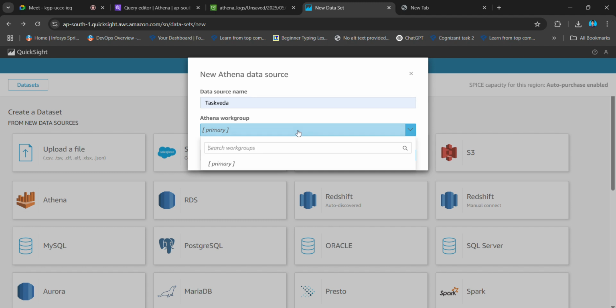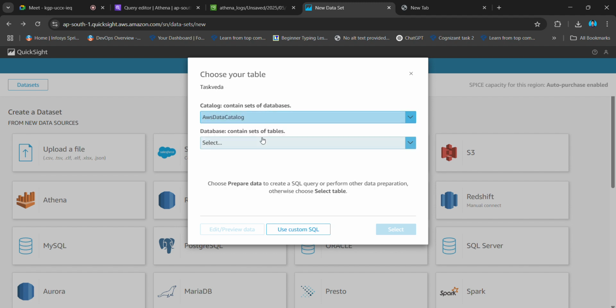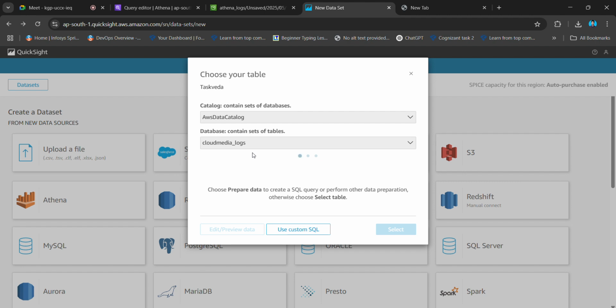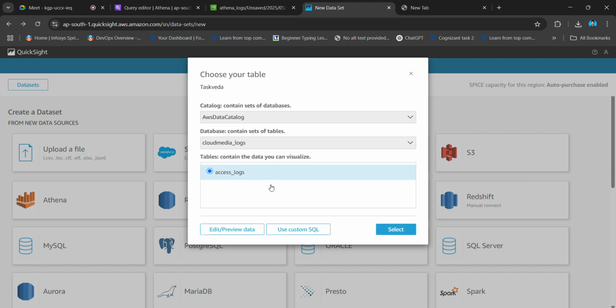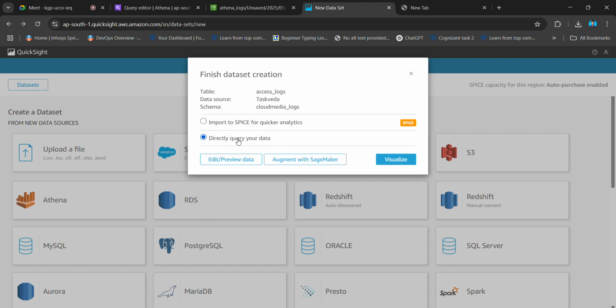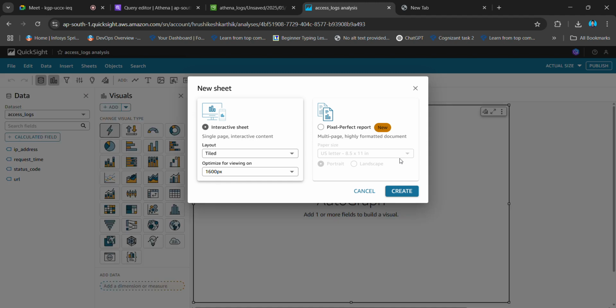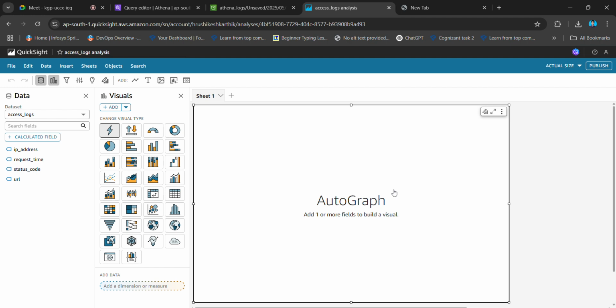Task beta primary, then validate connection, create data source, then select cloud media logs, access logs, which is our database name, select, directly query your data, visualize. Okay, create,